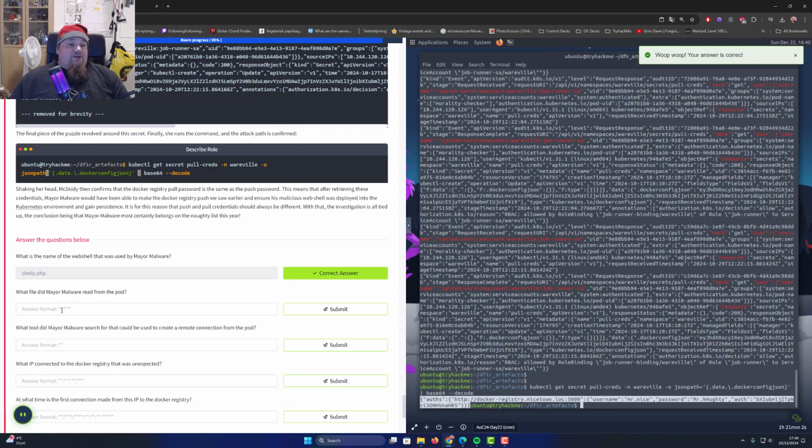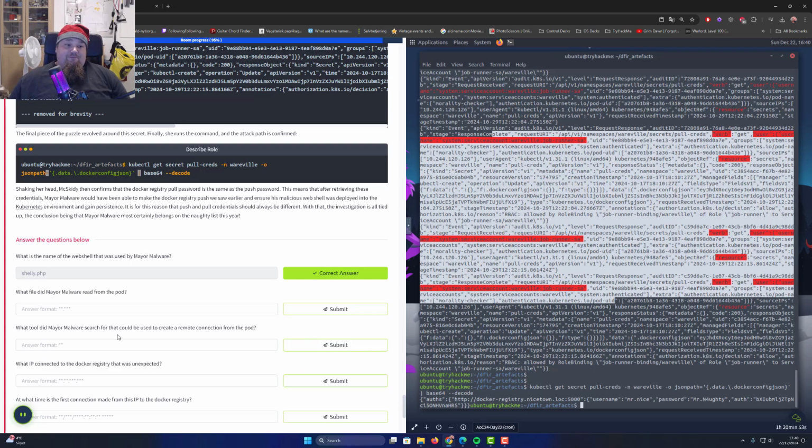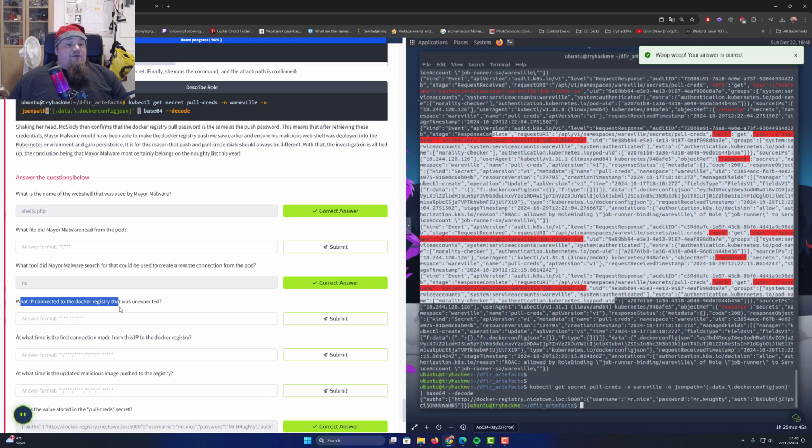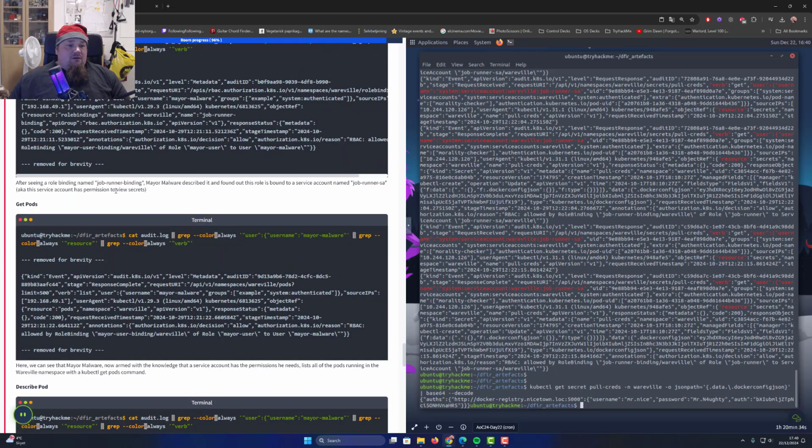And what file did major malware read from the pod? This is where we should probably have read these things. Probably use netcat, I guess. And what IP address was unexpected? So that's the, I think it was the